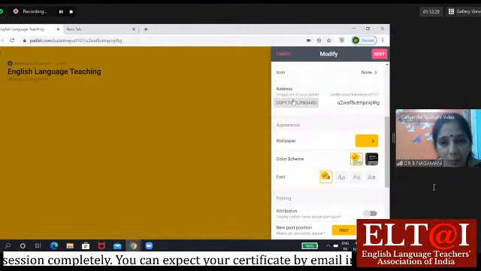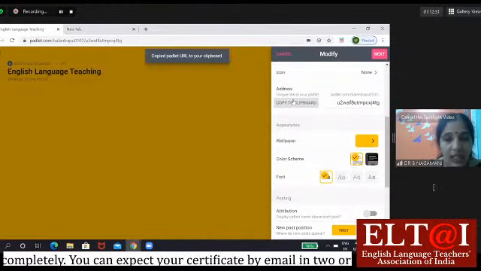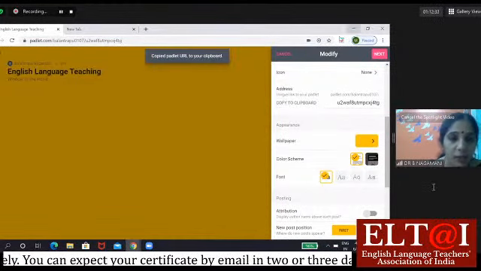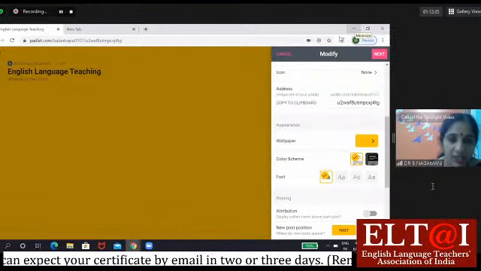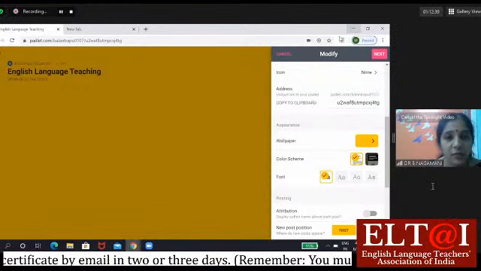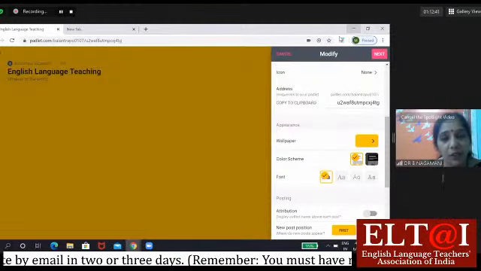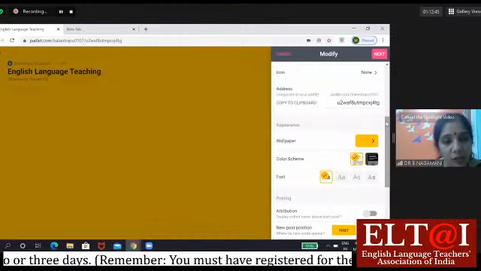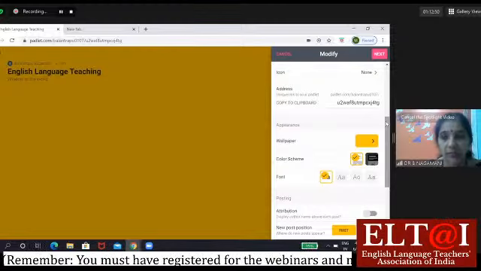Now I will copy it to clipboard. I will minimize the screen, though I'm not showing it now. Take a Word document and paste it there so that for future reference, it will be of great help. Otherwise, I'll also tell you how to share a Padlet link directly after we make a Padlet.